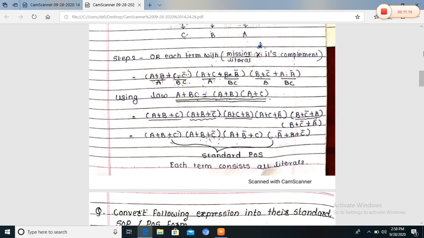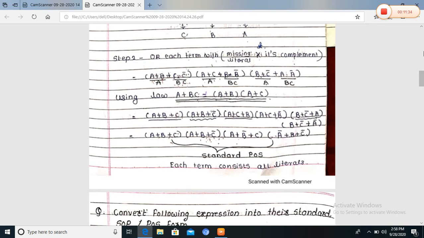B plus c bar in this law as a plus bc, that law, in that law, that is a term, and a into a means bc. So that bracket is split out, and that bracket is a plus b, a plus c, in the form of a plus b plus c bar, a bar, c bar, b bar. And in this term a plus b plus c, there are two terms.